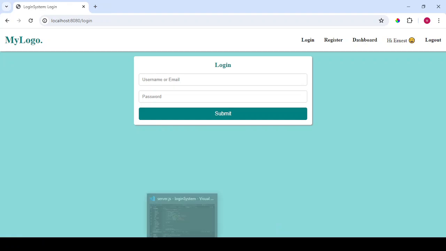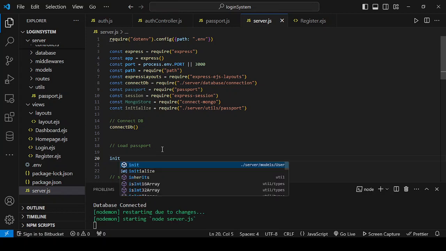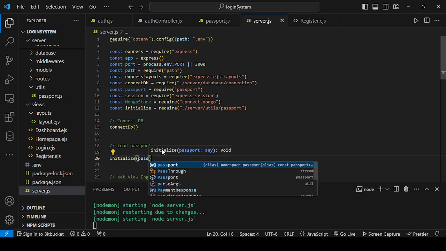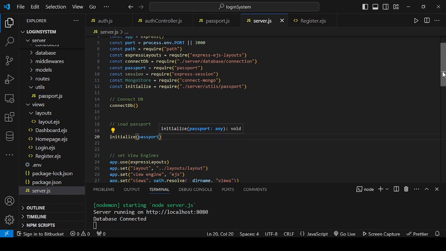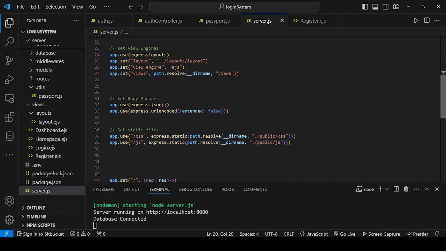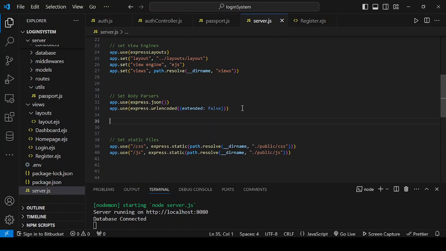So the passport will be brought in, initialize, which we have created. Initialize is a function and it takes passport as a parameter. If you remember, this passport, it takes it as a parameter here. So another thing will be to come down here, somewhere around here, and create, let's say here,